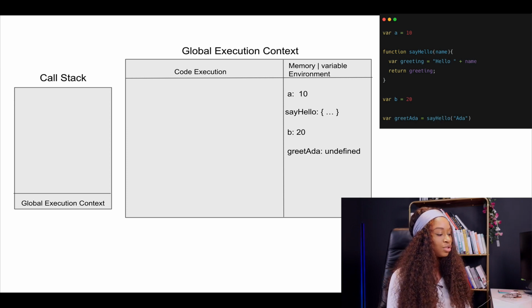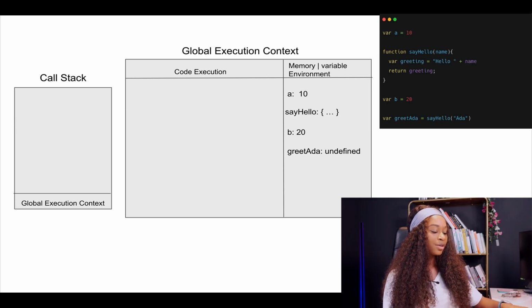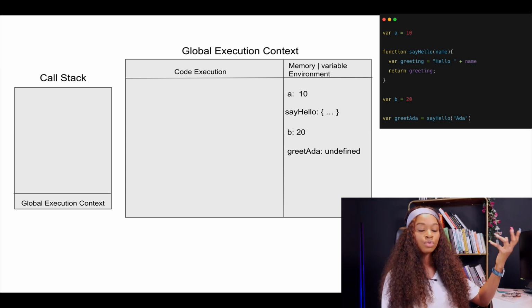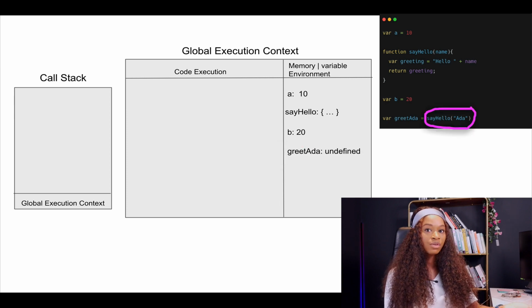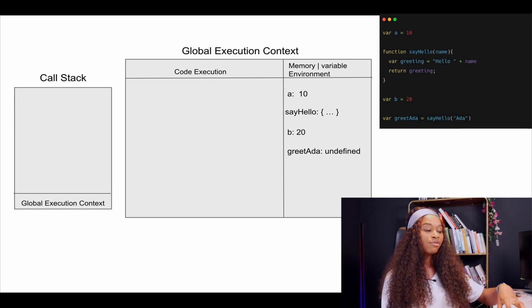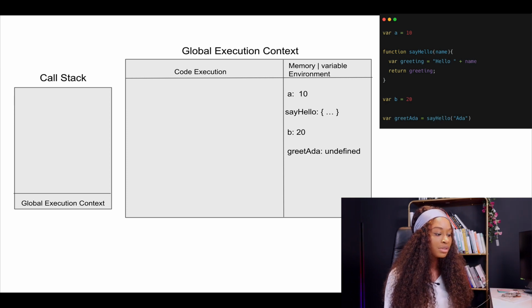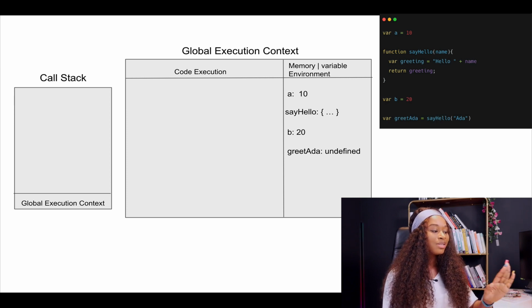And this line is interesting because we have a variable declaration, right? greetAdder, whose value is currently set to undefined in memory, but here we have a function invocation. We're calling the sayHello function and passing in the string Adder as its argument, right? So the value returned from calling this function is what is supposed to be assigned to the greetAdder variable. JavaScript doesn't know what that value is, right? It hasn't invoked the function, so it's going to leave the greetAdder variable with the value undefined for the moment and go and